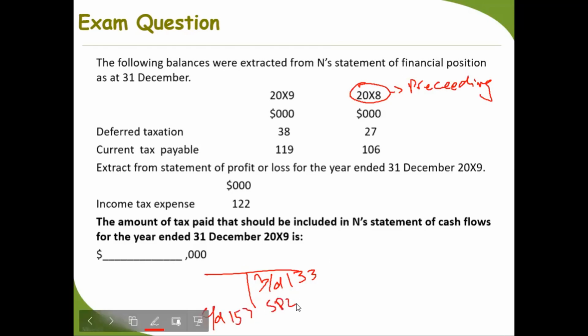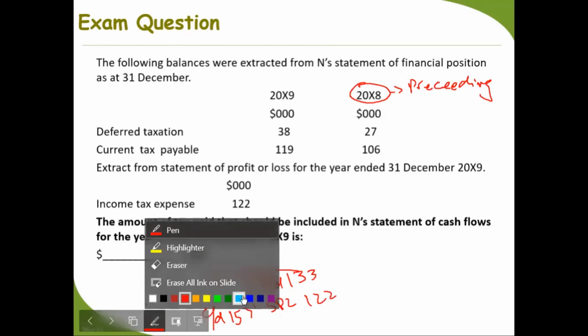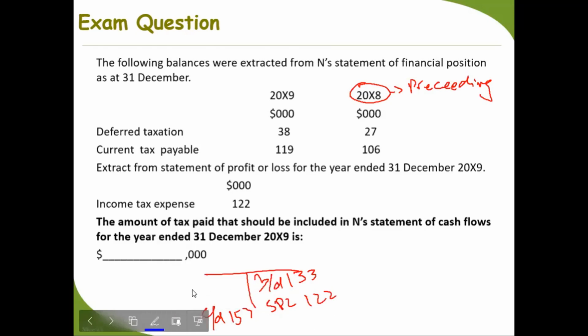Statement of profit and loss charge is 122. So balancing figure is your tax paid, against which we will use cash. So 133 plus 122 minus 157 is equal to how much cash paid is 98,000,